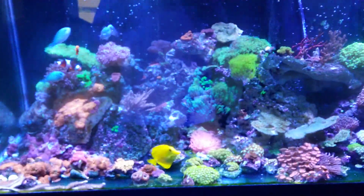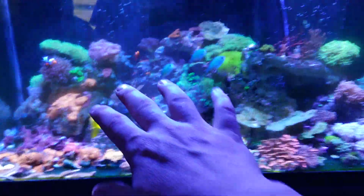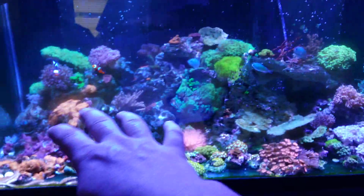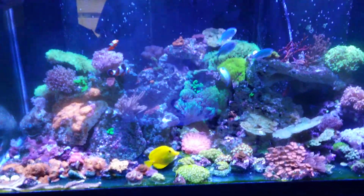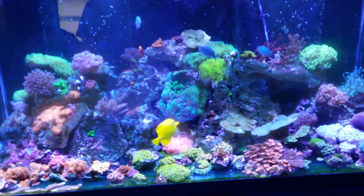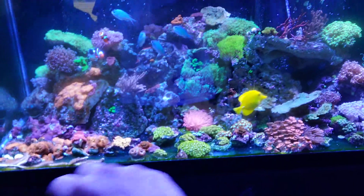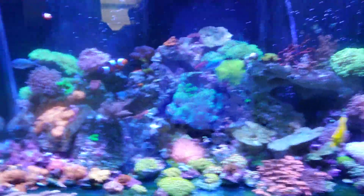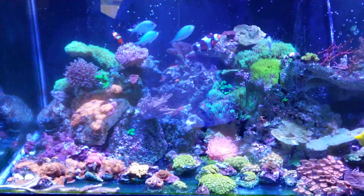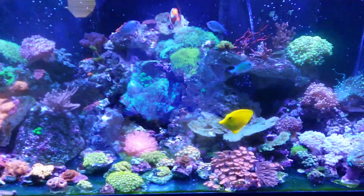I'm not looking forward to it, but the plan is all of the rock you see inside of here, with the exception of maybe a couple little pieces, are coming out and being thrown out into a bucket in the yard, and I'm bringing in new rock, and I'm gonna re-rockscape the tank and replace all the coral. And I think what that's going to do is it's probably going to dissipate the starfish population by at least